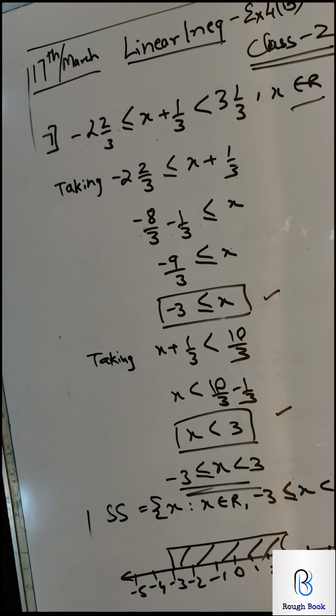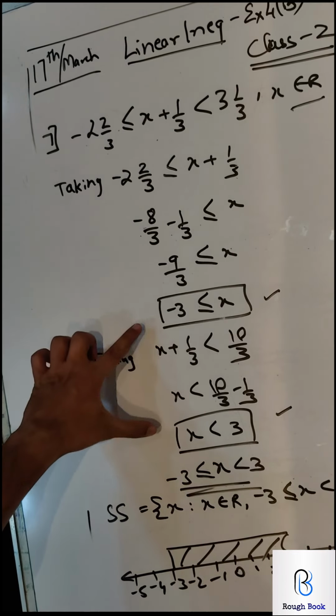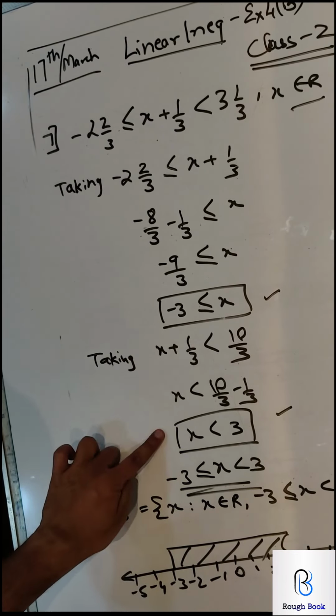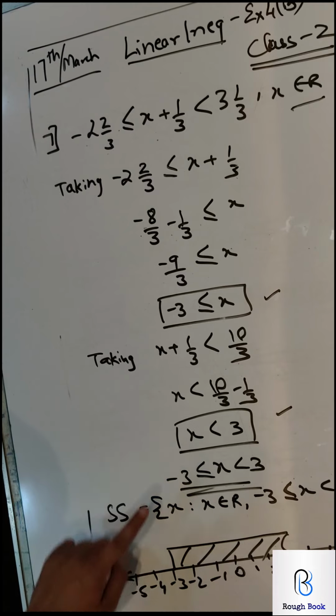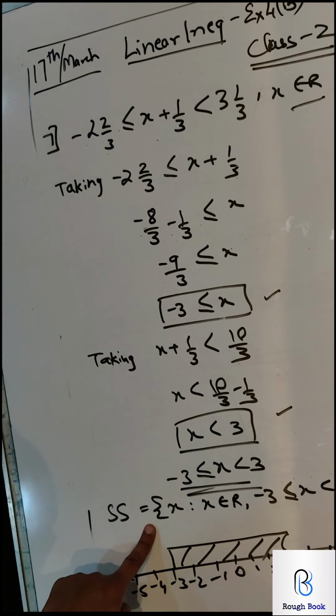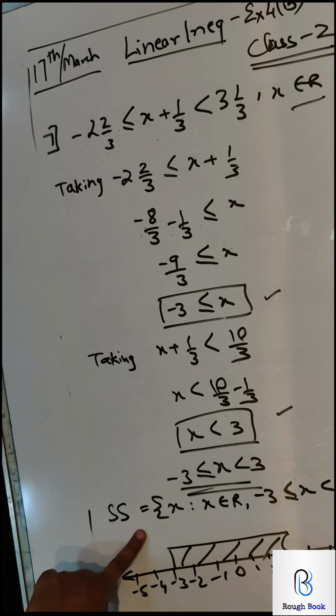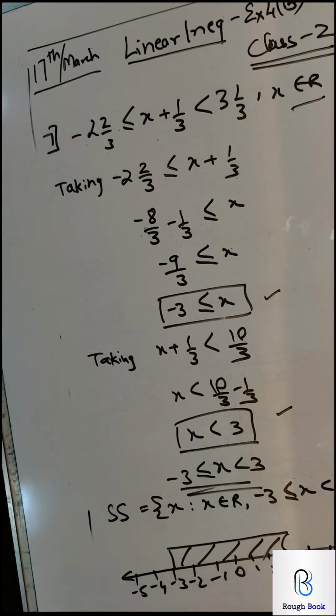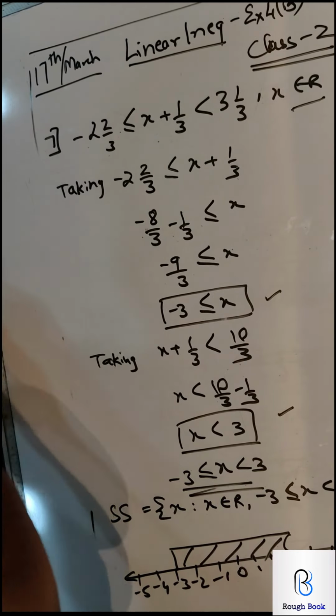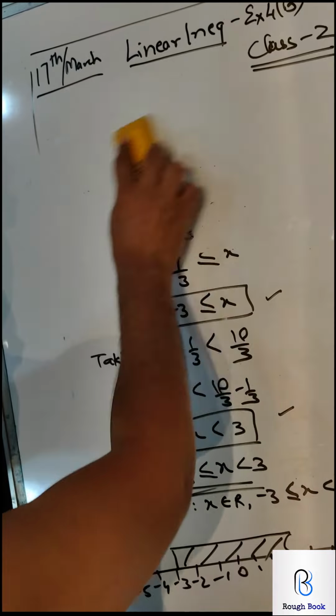So you've got 3 parts to the question. How will the marks be distributed in the boards? One part will be either for this or this, whichever is correct. Any one. Second part, 1 mark will be for the solution set. So even if they don't ask the solution set, you are expected to write this compulsorily, and only then you can draw the number line. Without the solution set, the number line, you will lose 1 mark, and last 1 mark for this. A 3 mark question, as I told you last time, mostly in the boards it occurs every year. That too in section A.